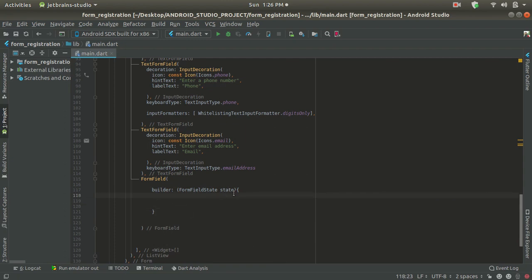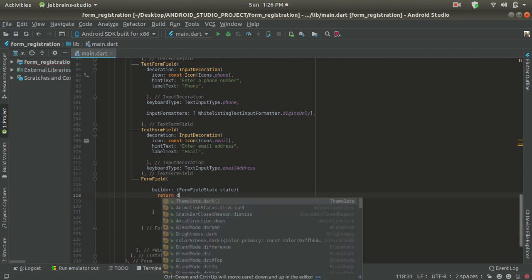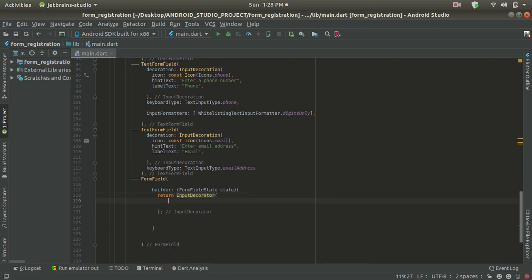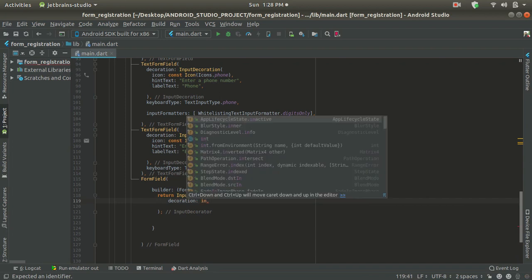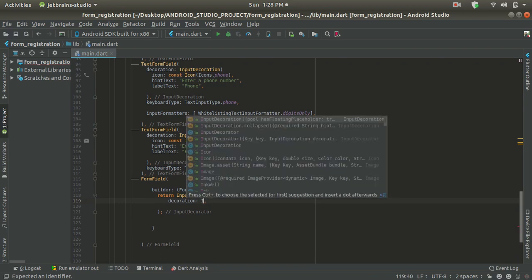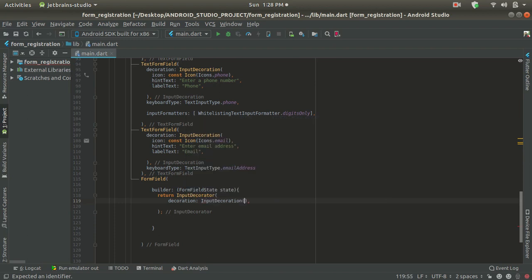Inside this form field state, let's first of all return one decoration, and inside this decoration, as you can see, we have to pass here. As you can see, now all errors will be resolved. Now let's create the decoration. First of all, inside this decoration we are going to provide an input decoration. Sorry friends, we have to provide input with capital I. As you can see, now we can provide an input decoration over here, and inside this input decoration,